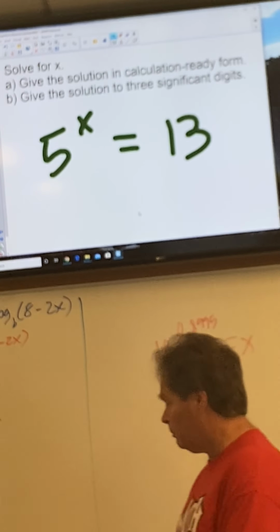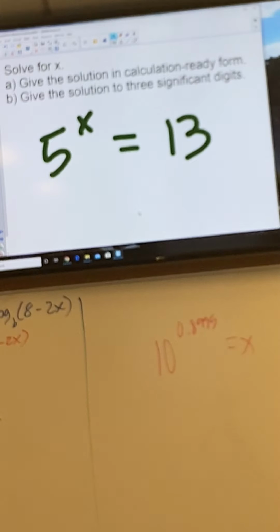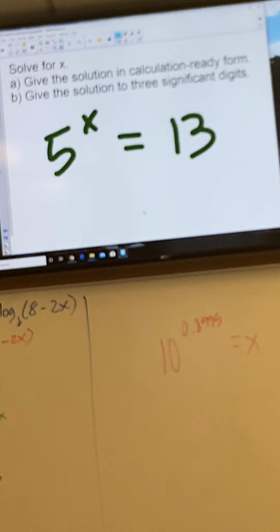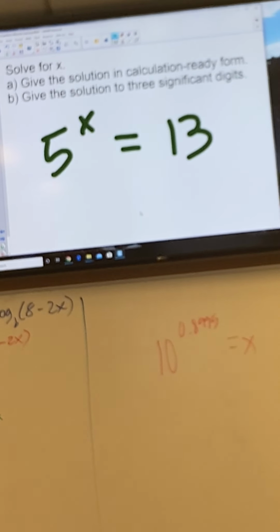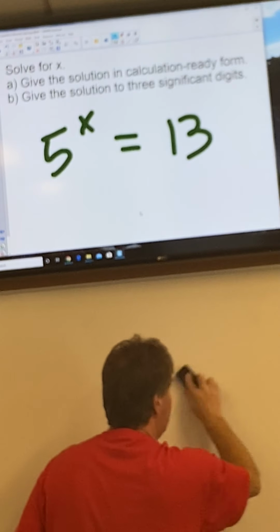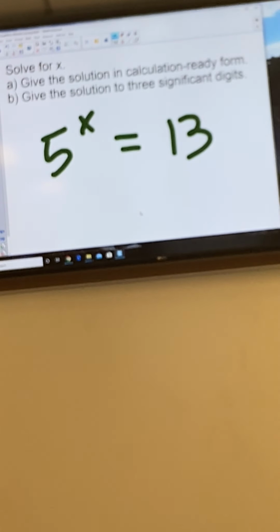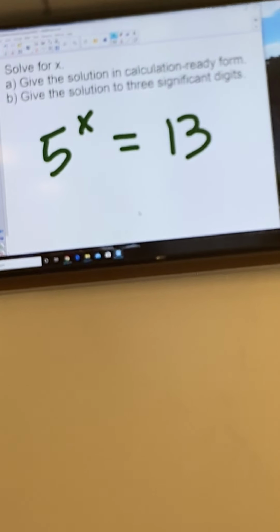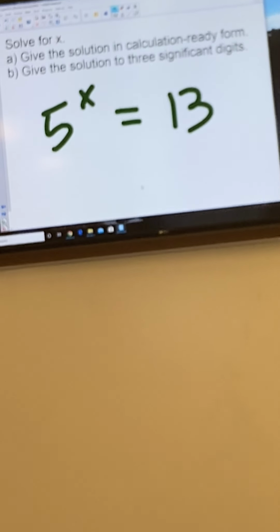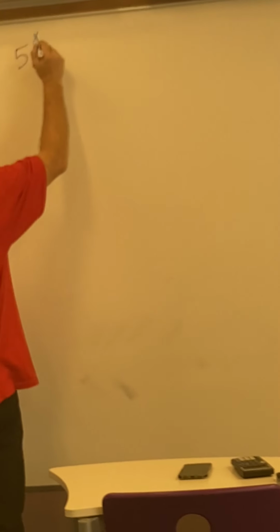Okay, 5 to the x equals 13. Now I want to point out something. We have not solved an equation like this yet. Now, we have solved equations that have variables in the exponent. We just ran into that recently, but now we know how to do that. But the difference between this problem and all of the ones we've done so far is